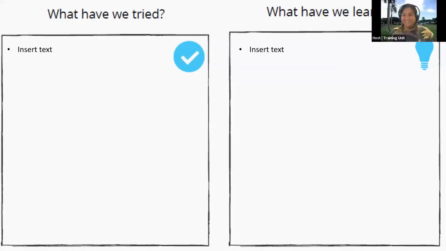For those that have participated in the person-centered organization training, we want to know what worked, what didn't work, what you tried, what was learned, and any other comments, and then from there we'll proceed to the Q&A. You can share in the chat or unmute. What did you find helpful in each of the breakout rooms? Anyone can share. What did you try that worked? What did you learn during that process?